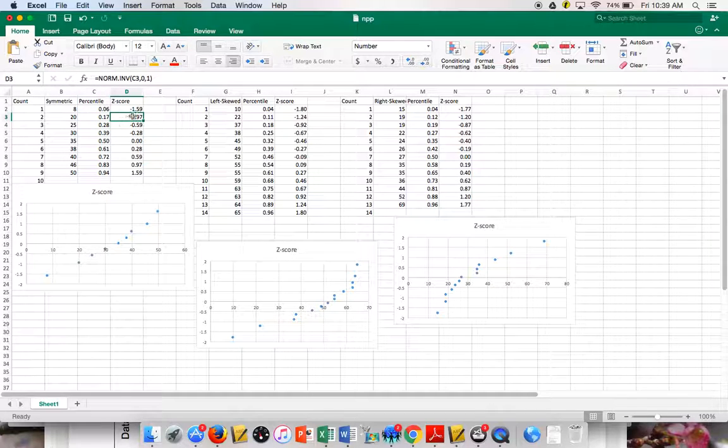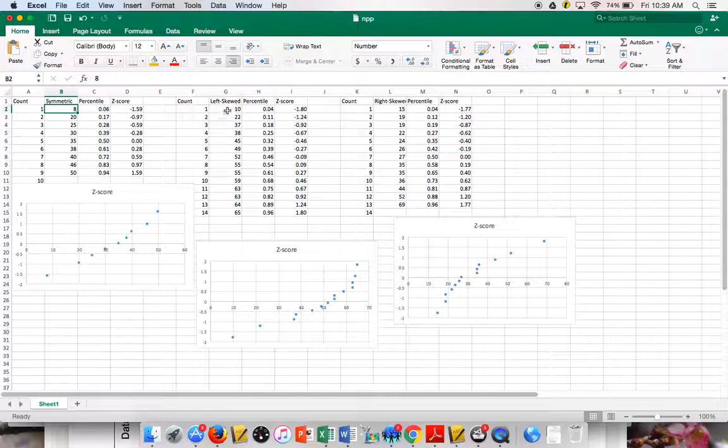And then what I've done is I find the z-scores for those. I did the same thing for the left skewed. I did the same thing for the right skewed. What the normal probability graph is, it's taking the x value, so this column, against the z-score column. These values are nicely spread out. It's symmetric, so they're evenly spread out. So when you plot it against those z-scores, you'll see just this nice